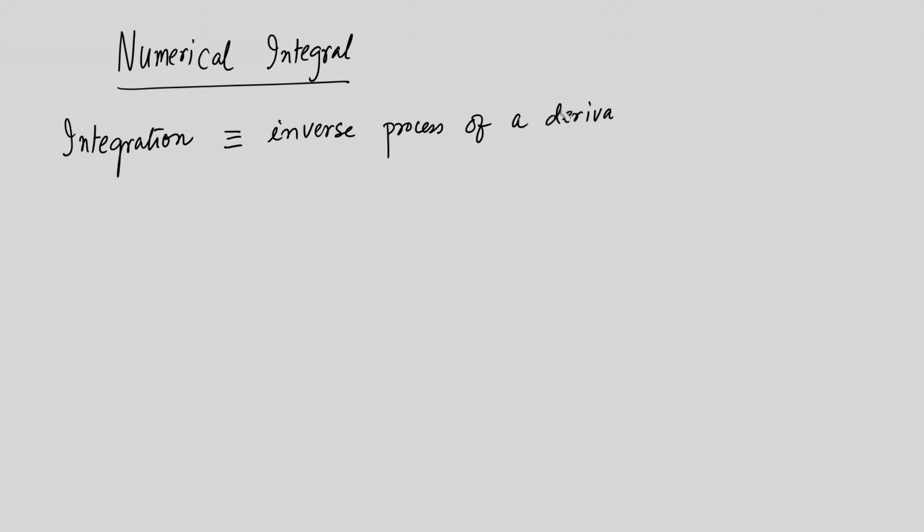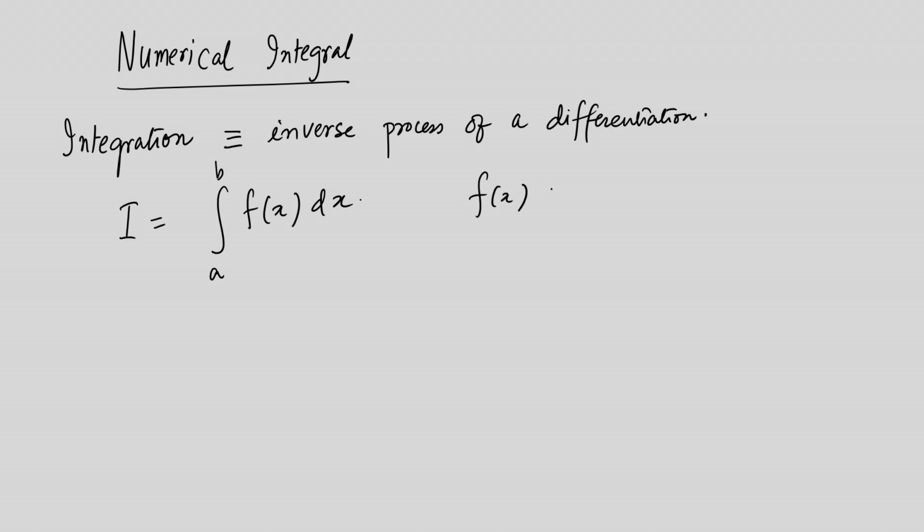Or, let us write differentiation. So, when we talk about integration, we talk about integration of some function, say it is a function of x, between two limits, say a and b. So, we represent it like this: between a and b, f of x dx, and this f of x is known as the integrand,